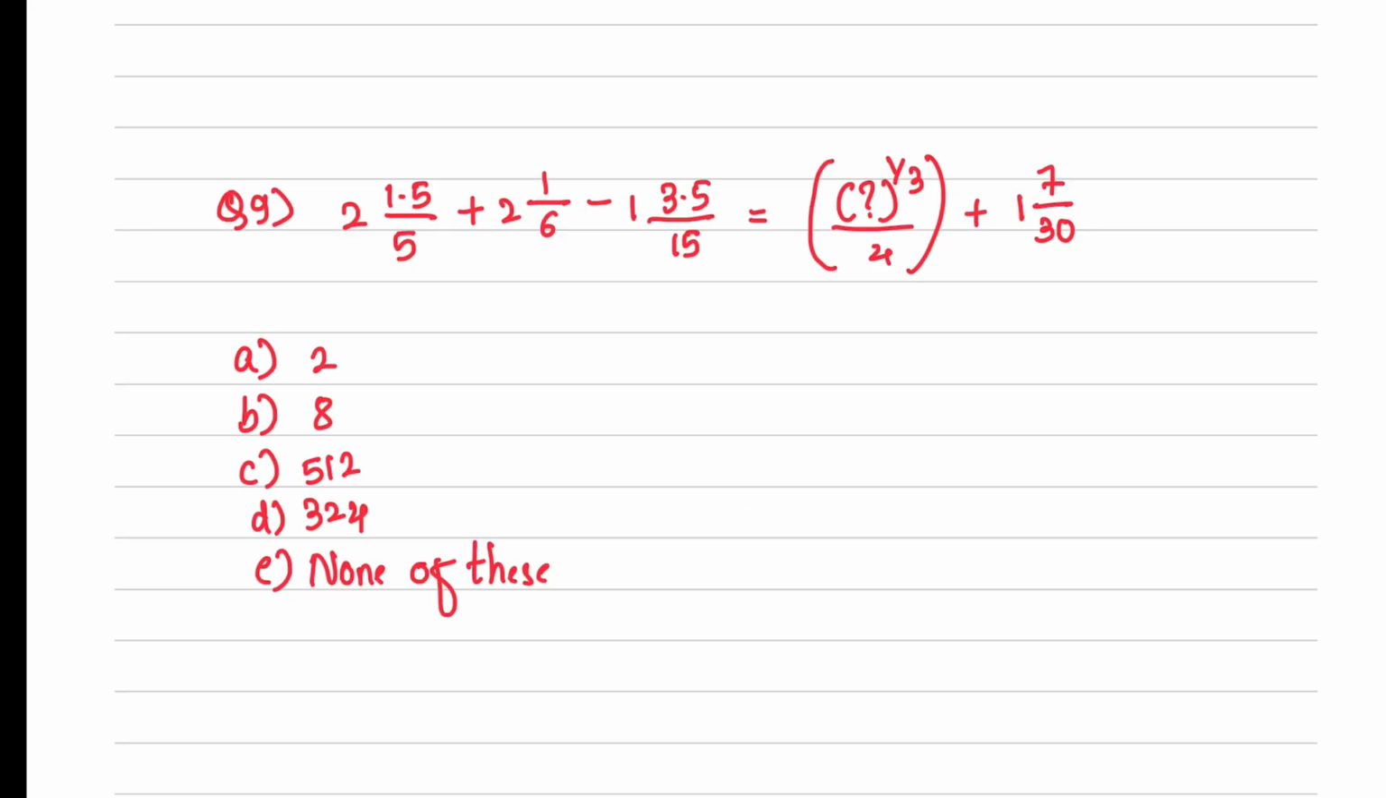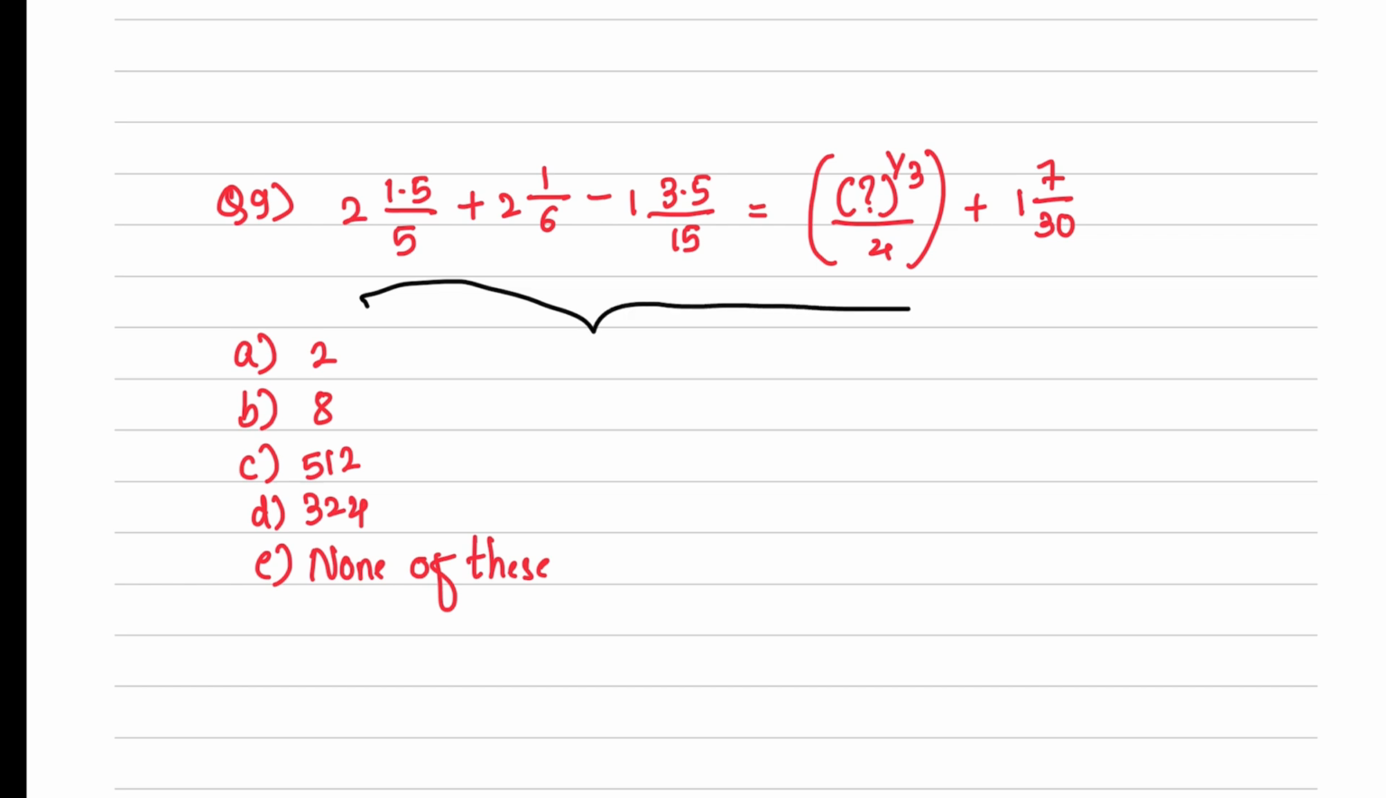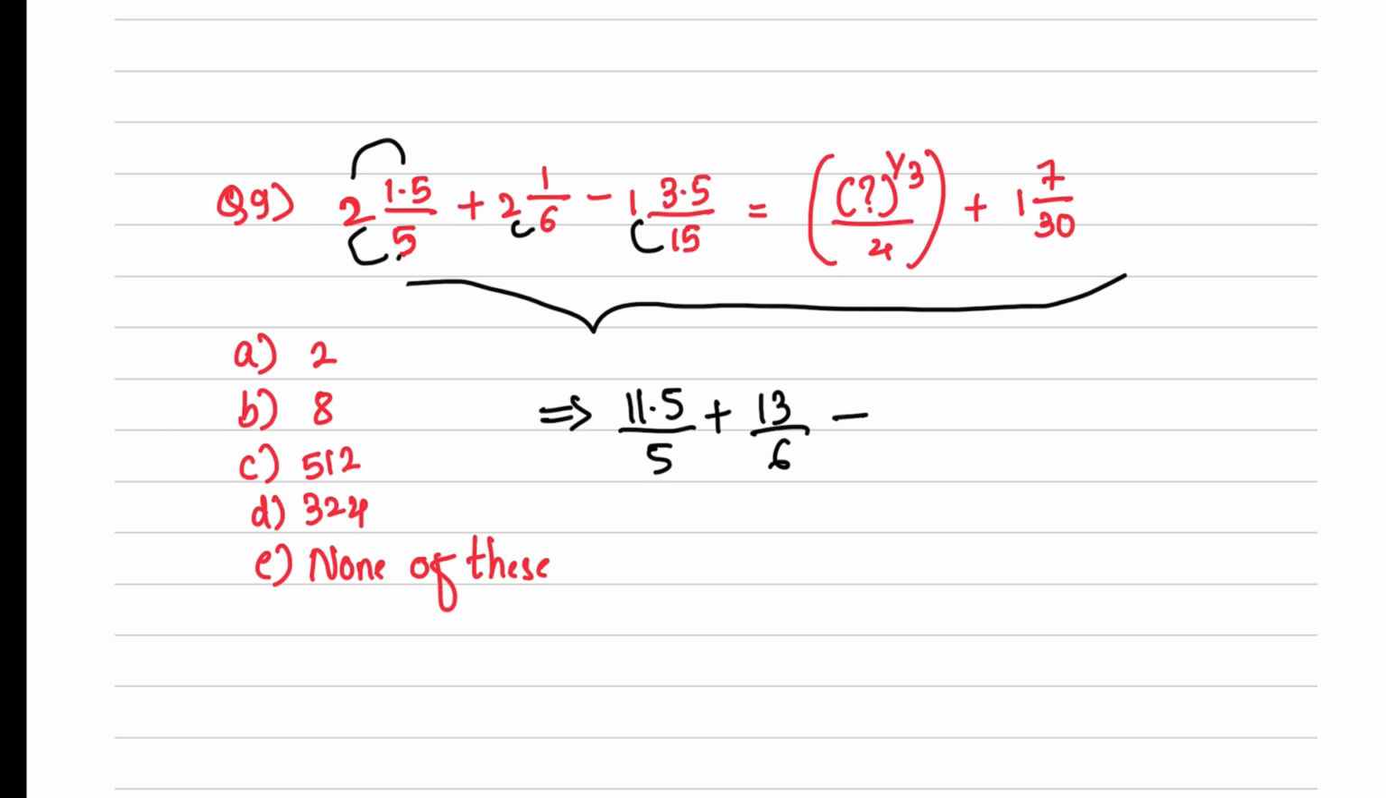And see the 9th question. See, actually it is a very easy question if you see the options first. How? So let's see. 5 into 2 is 10. 10 plus 1.5 is 11.5 by 5, plus 2 6 are 12. 12 plus 1 is 13 by 6, minus 15 ones are 15. 15 plus 3.5 is 18.5 by 15 equals to,